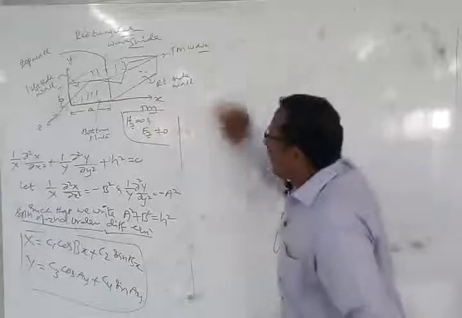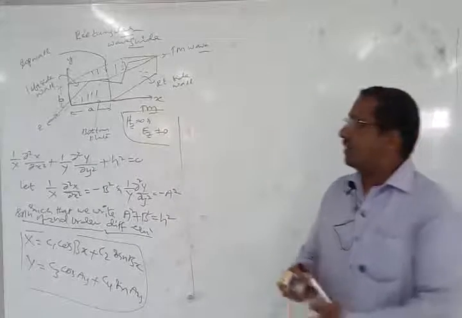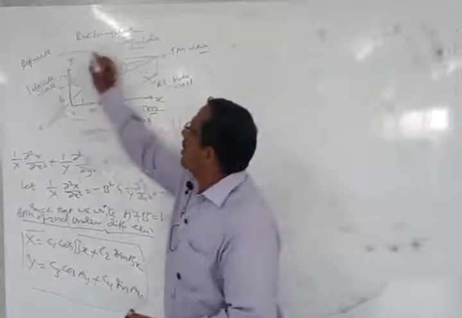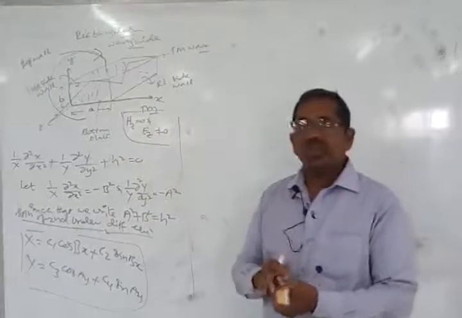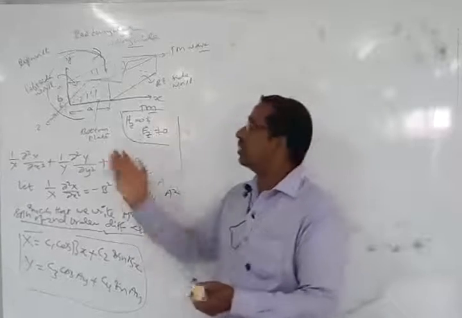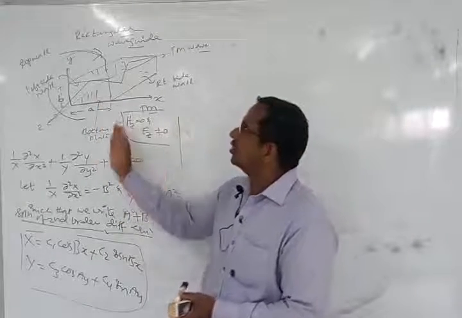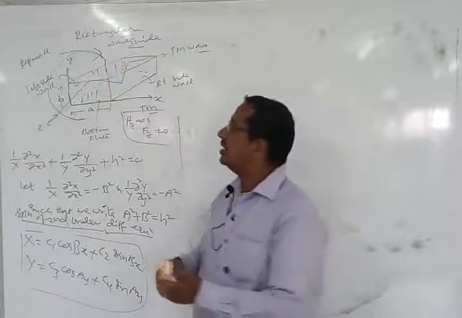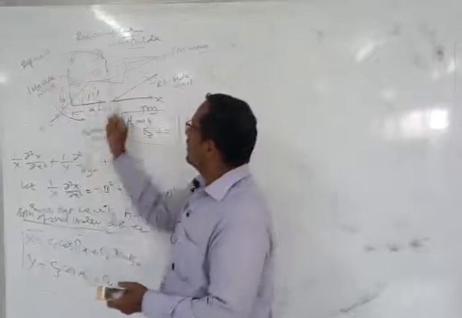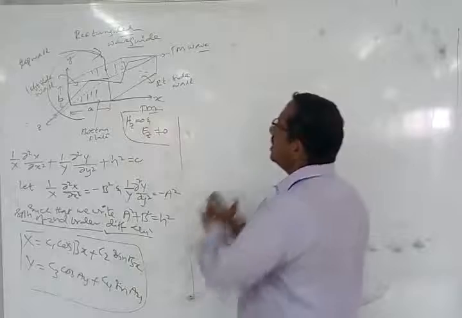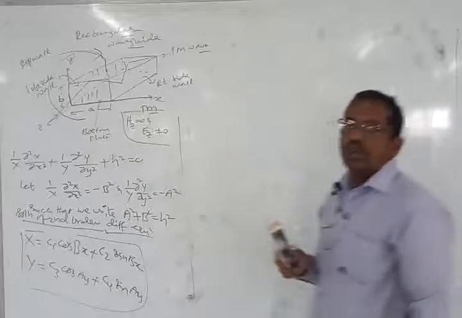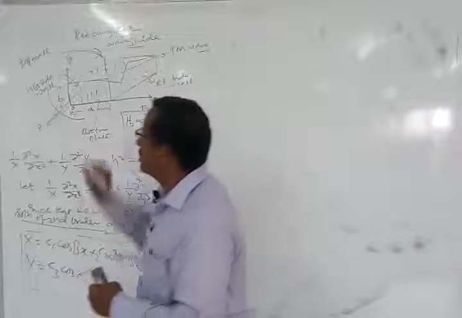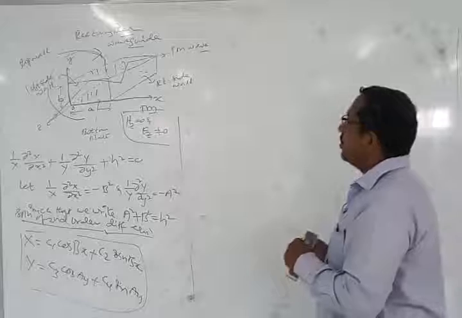While applying boundary conditions, what direction will we take? We will start from the bottom plane and go in a clockwise direction. So the first boundary condition is the bottom wall, the second is the left wall of the waveguide, the third is the top wall of the waveguide, and the fourth boundary condition is the right side wall of the waveguide. Like this we apply the boundary conditions. This is the origin, called O. Let us go with the boundary conditions now.